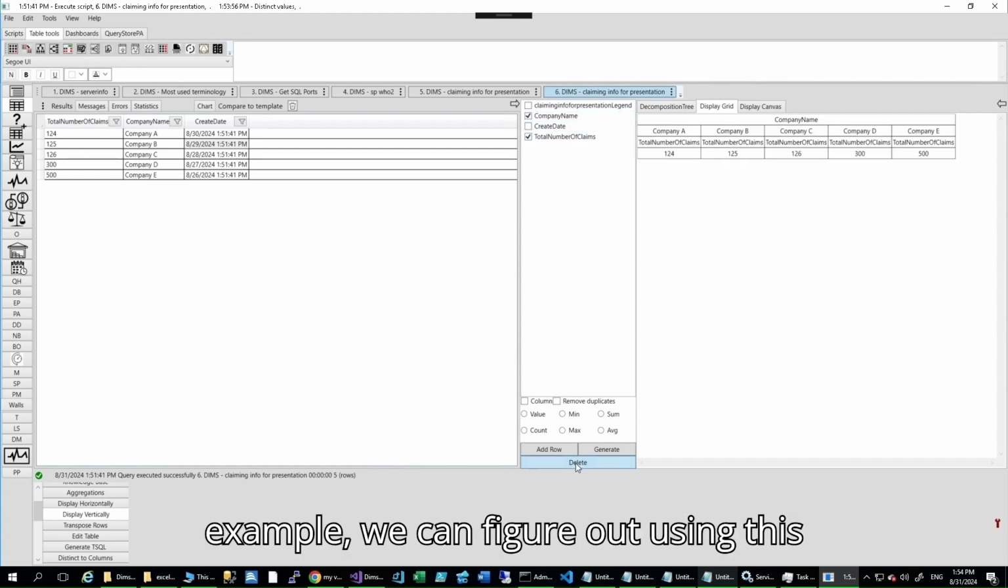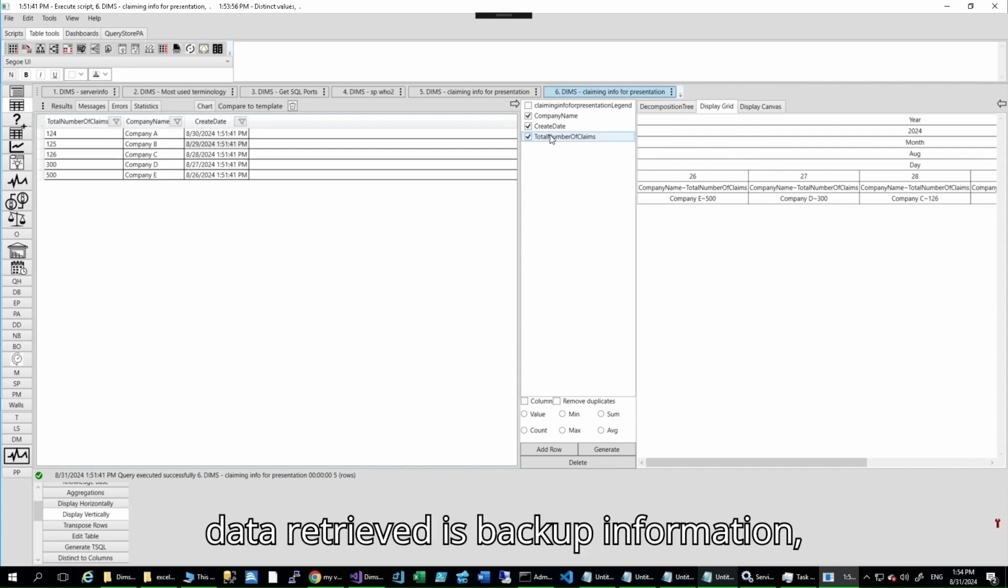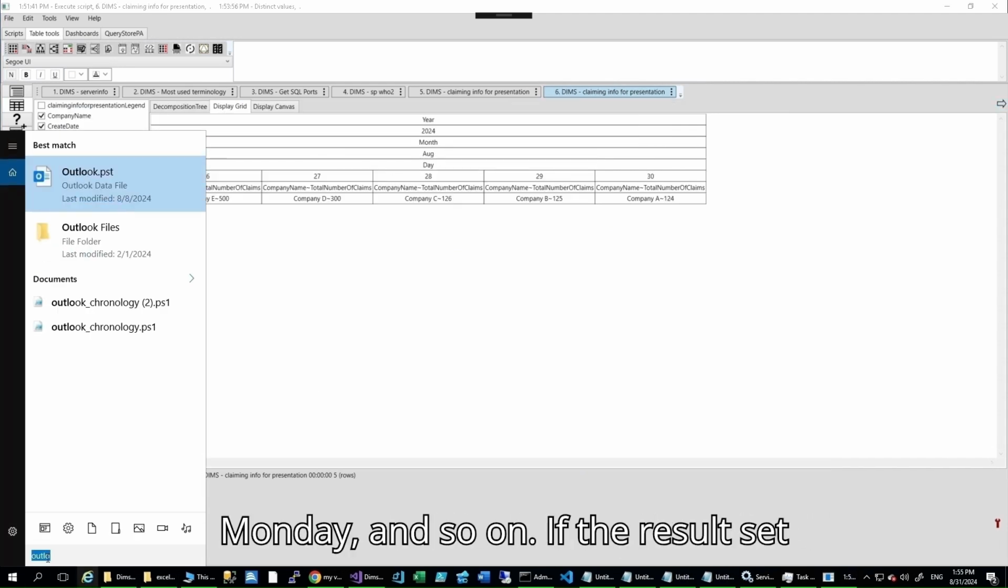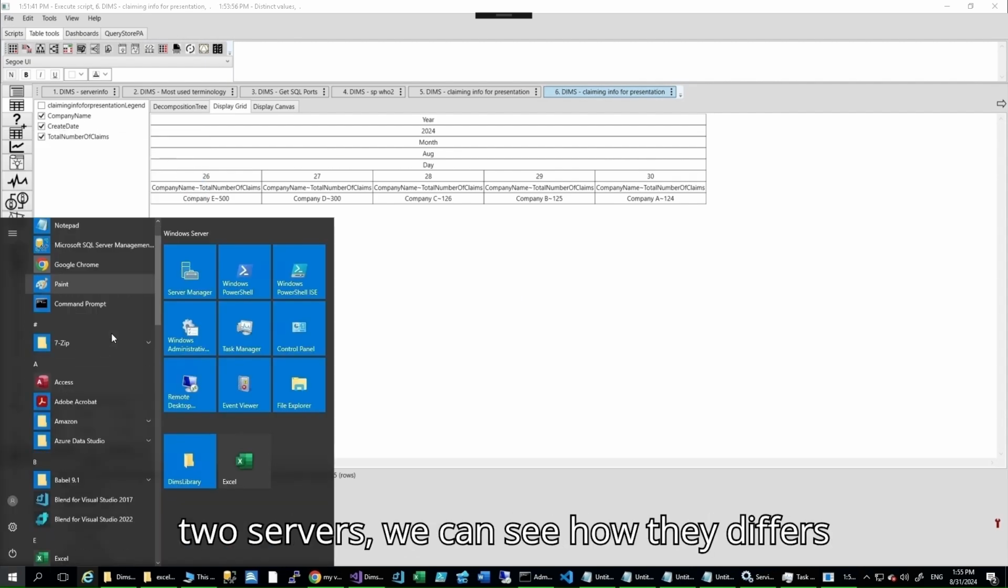In our example, we can figure out using this feature the months or the days in which companies raise the most claims. If the data retrieved is backup information, then we can find out the days in which we have the most failed backups and see if this happens via pattern like every Monday, and so on. If the result set contains configuration information for 2 servers, we can see how they differ from one server to